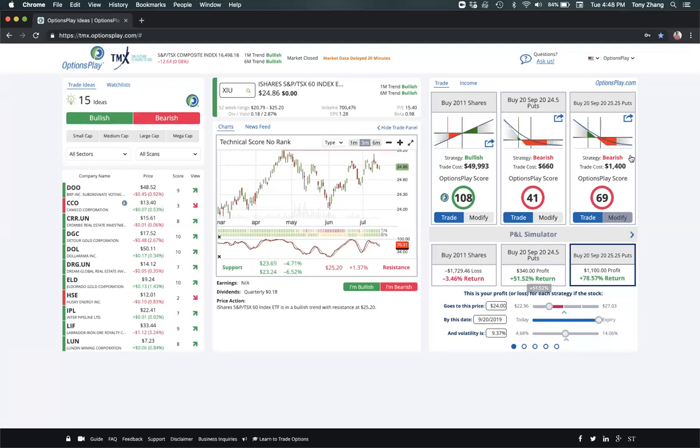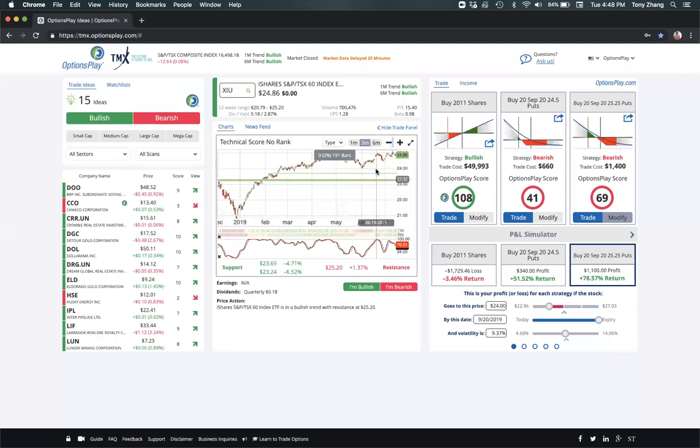But as you can see, my comprehensive insurance covers me $1,100. So out of the $1,700, I recover $1,100 back. So instead of being down $1,700, I'm now only down about $600. So again, comprehensive insurance, far better coverage even in these types of small moves. But if I do get this big move to the downside to 23 or so, even